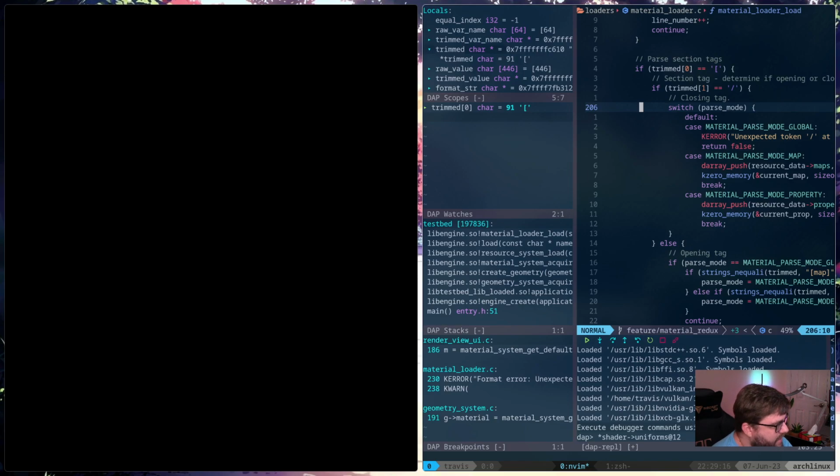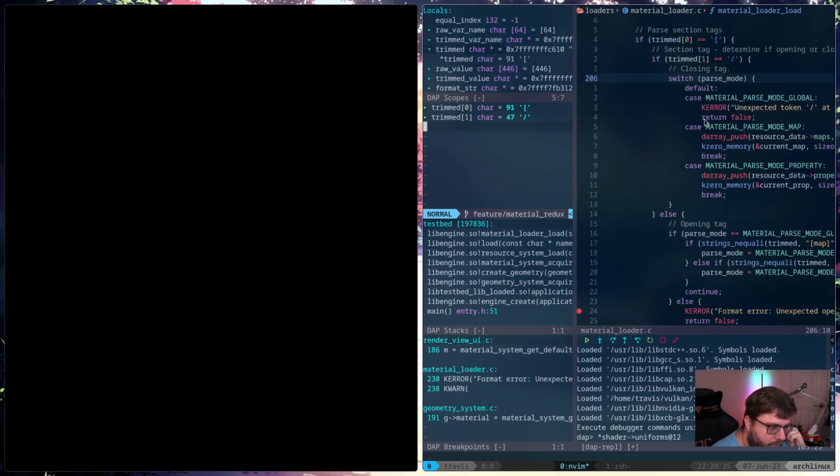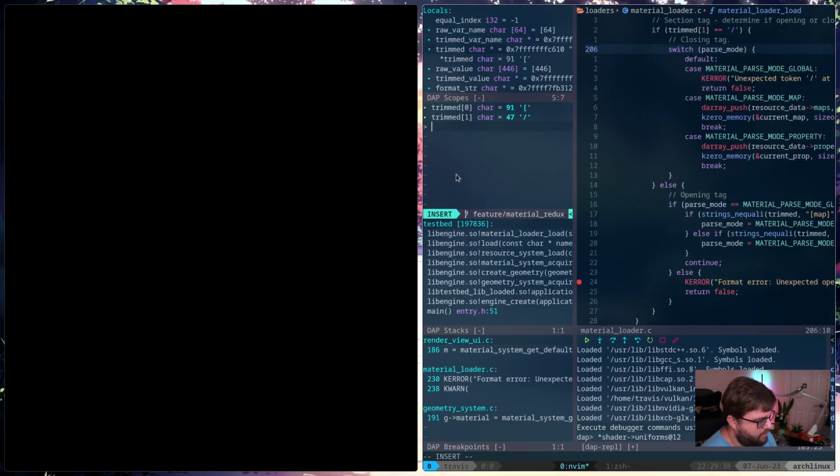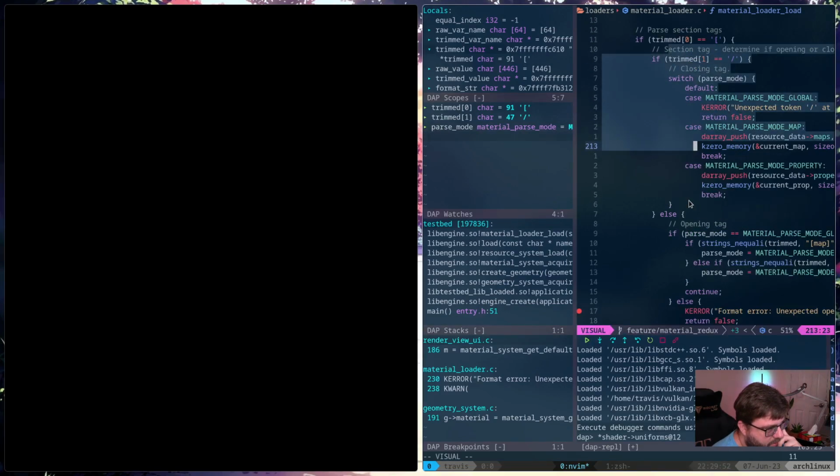So we're dealing with a closing tag here because our, well, I'll just add it, right? Trimmed 1, right? So we have a slash here. What is our parse mode? It is in map mode. So it should have fallen into this case here. So we push that.